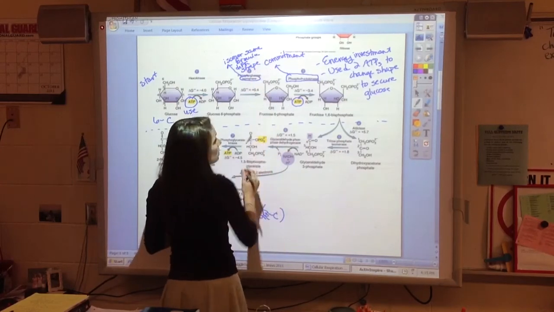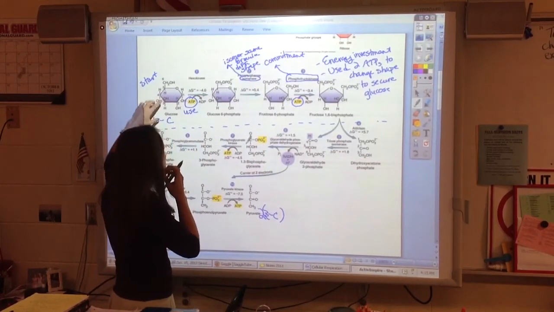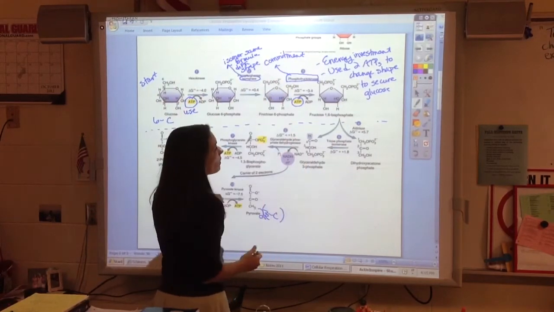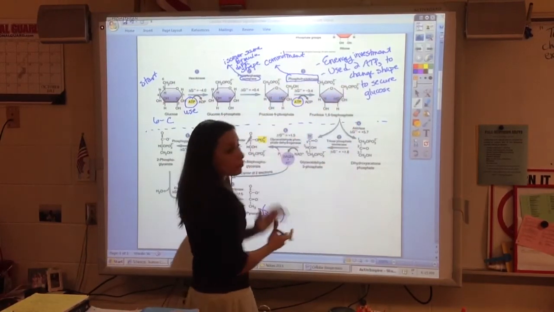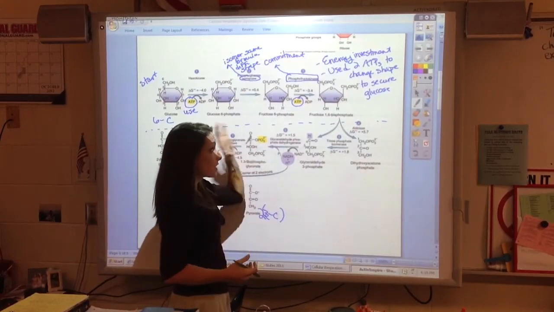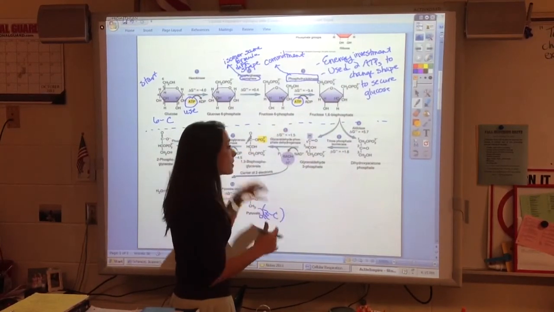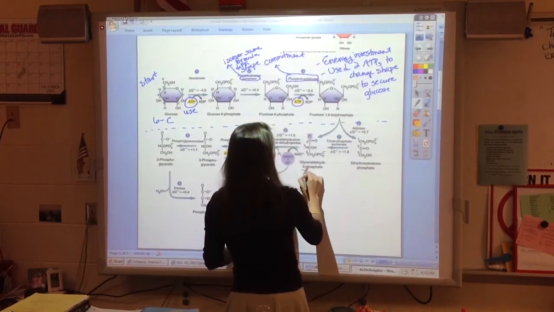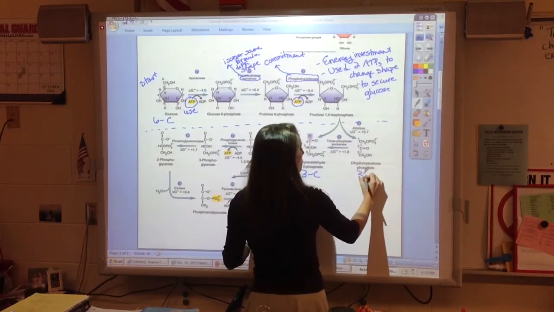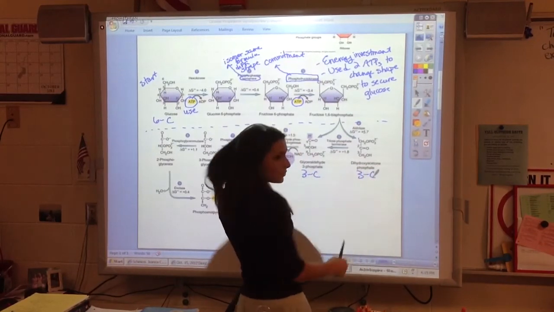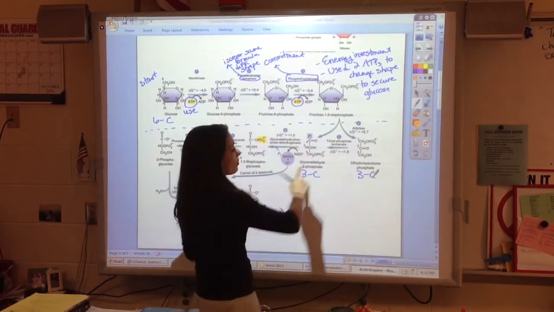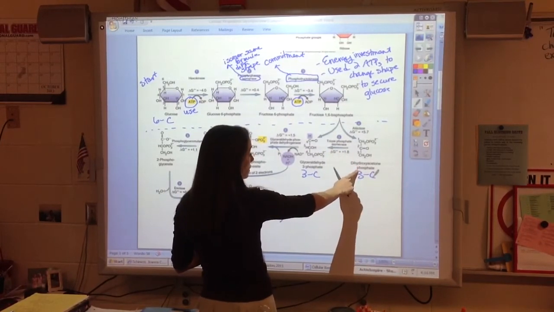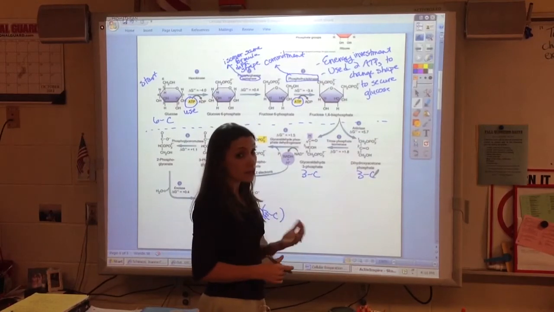Same formula, different shape. So what we see is that we're still a 6-carbon compound. We've just changed the shape a little bit and added these phosphate groups onto the end. The next step is kind of a big step, and this is where we split the 6-carbon compound into 2 3-carbons. You'll notice these 2 3-carbons aren't quite the same, so there is this other little step here that changes dihydroxyacetone phosphate into glyceraldehyde 3-phosphate.